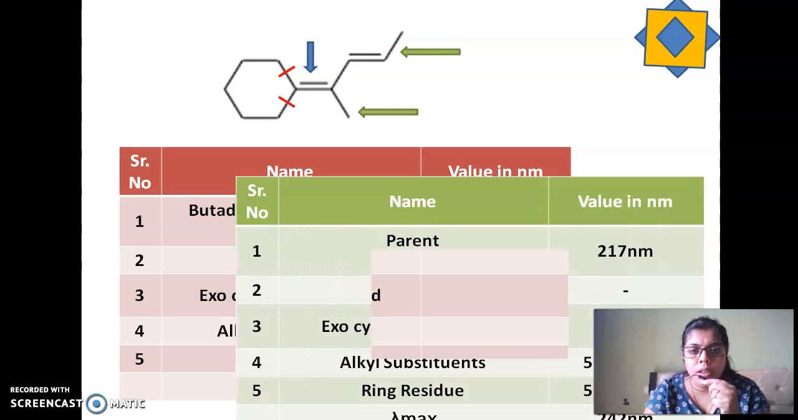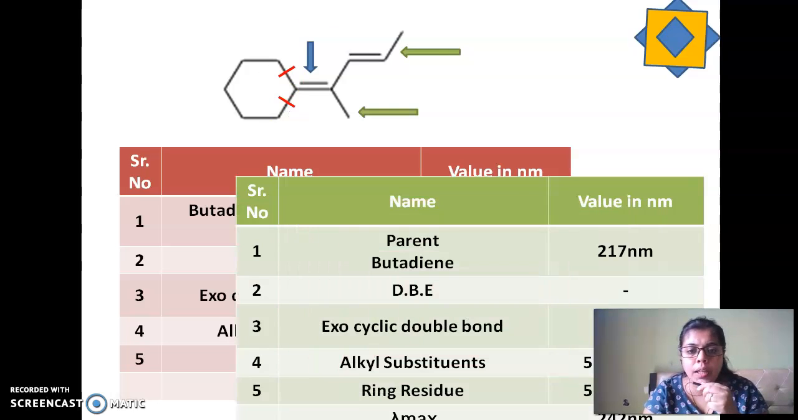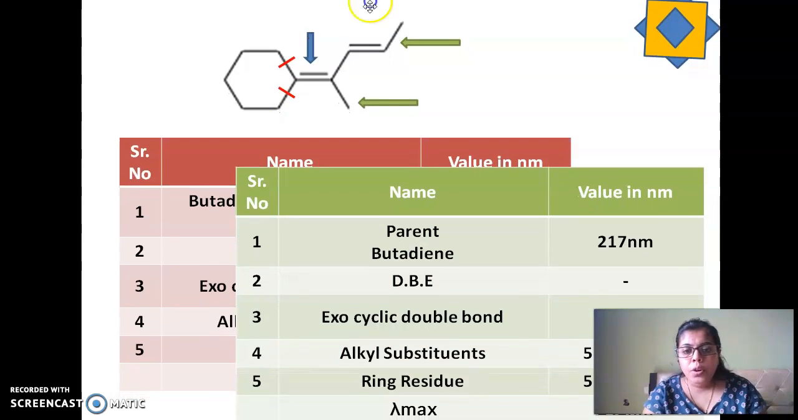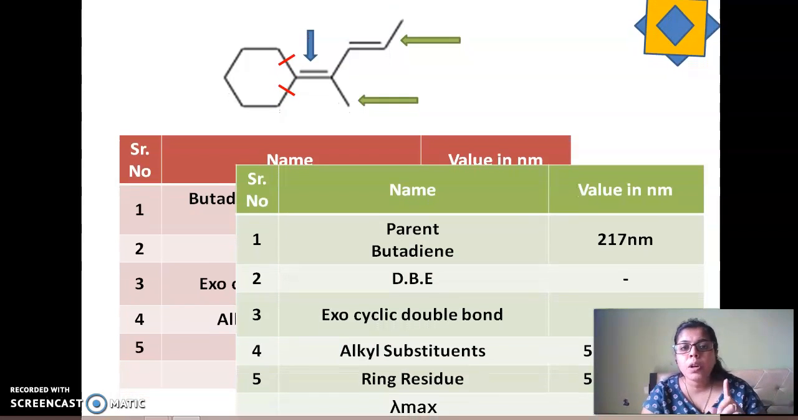So in total, I have a parent butadiene. Then I have your exocyclic double bond, which is 5 nanometer, alkyl substituent 10 nanometer, and then the ring residues, which is again 10 nanometer. Okay, so total comes to 242. Going ahead,